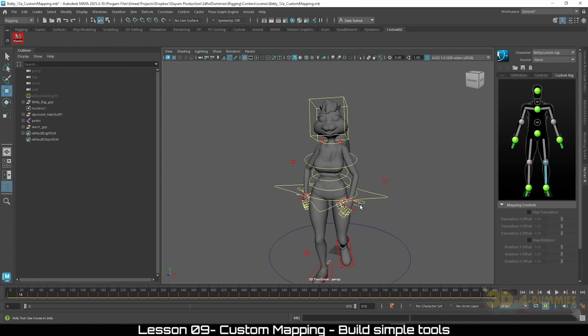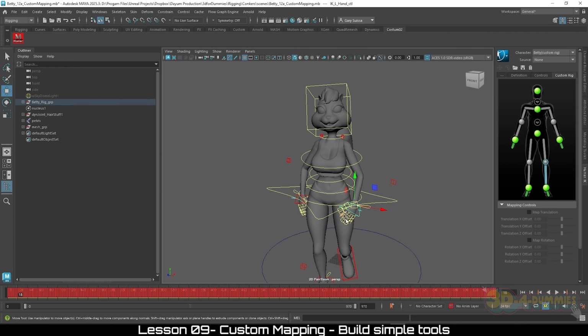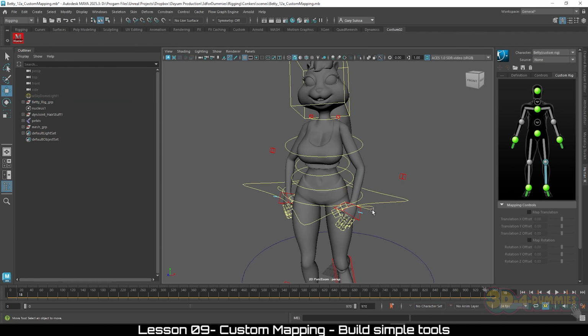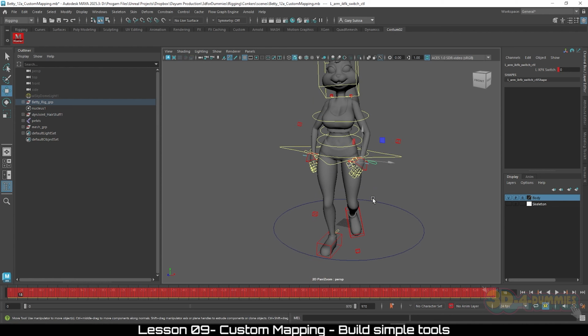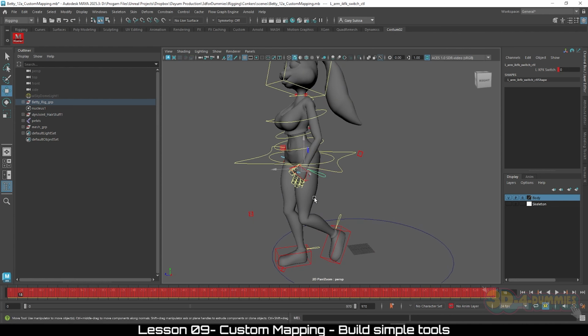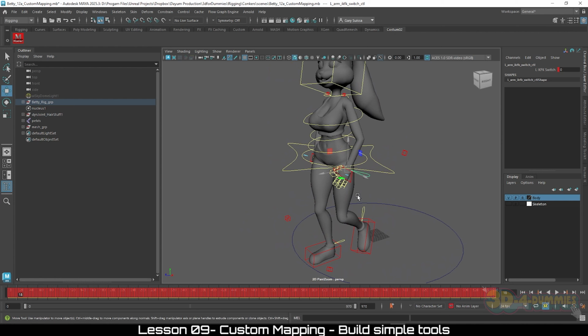But the only issue that I have now, if I were to select my HIK handle or the HIK FK switch, I want to go to checkbox and you'll notice that now the FK is not following. So we need a follow through because there might be a time where you need the FK system, and you can do the same thing for the legs. Now for the legs, I'm going to skip the legs for this one because if you ever animate walking cycles